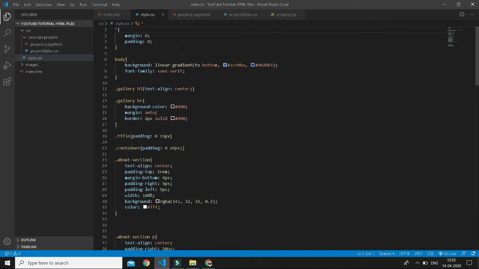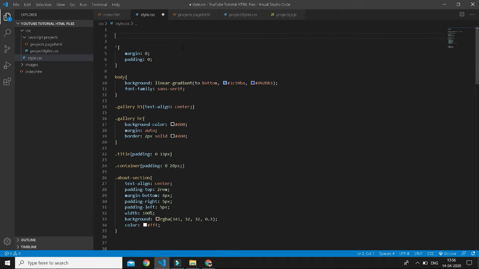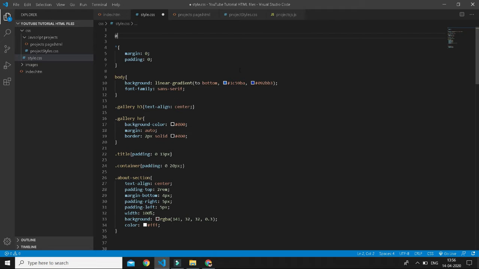So we'll go down in the style sheet and then we'll type @import, then brackets, semicolon,